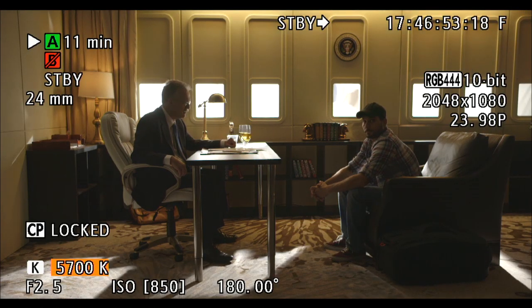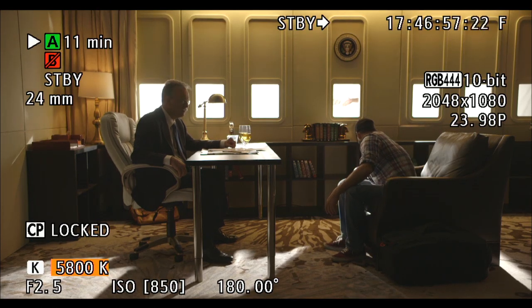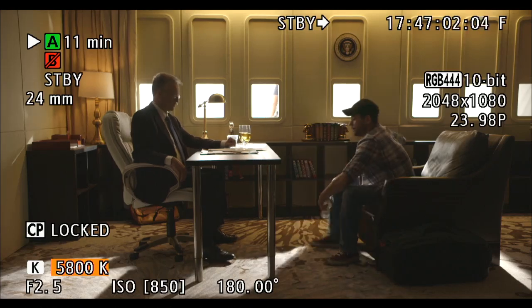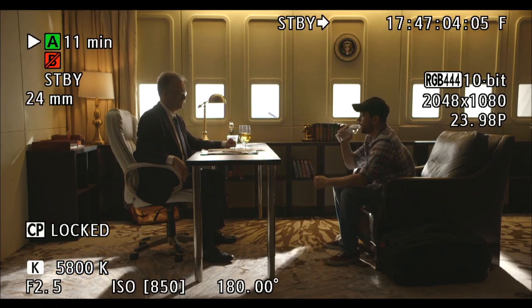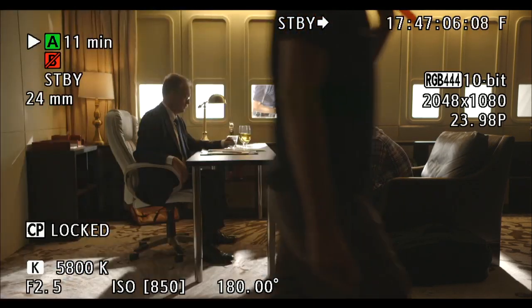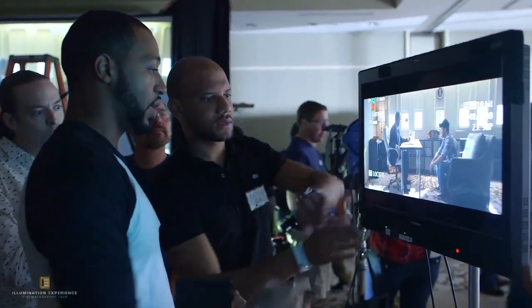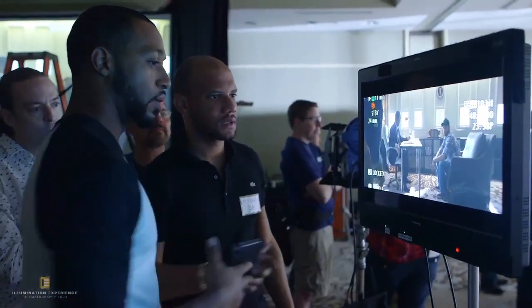5,800 guys. Okay, so that warms it up, but then all your practicals go warm. You can't change those unless you had blue bulbs and all that stuff. So now everything goes way too warm. Okay, go back to the color temp where we were. Half CTS. Let's get a lot of half CTS over here, guys. Hide it. I just want to make it look like it's coming straight, because right now it's at this angle.